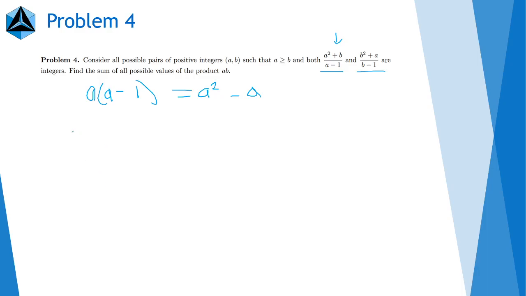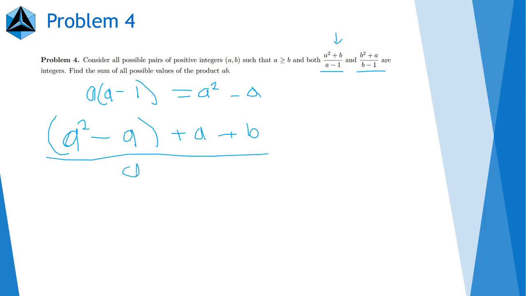So we can write the numerator as a squared minus a plus a plus b, because this is equal to a squared plus b since the a's cancel. However, this is all over a minus 1. We know that (a minus 1) times a is equal to a squared minus a, so we can actually rewrite this as a plus b